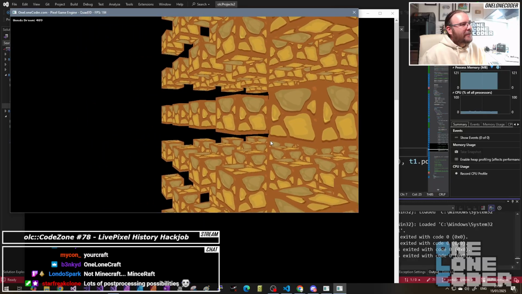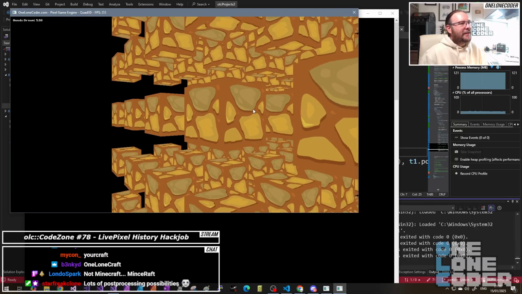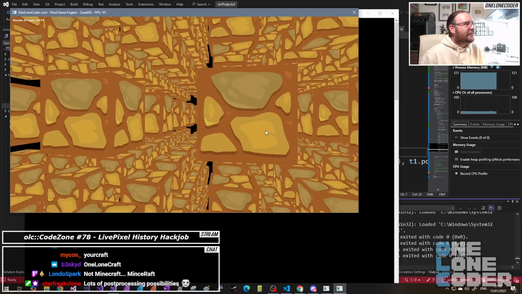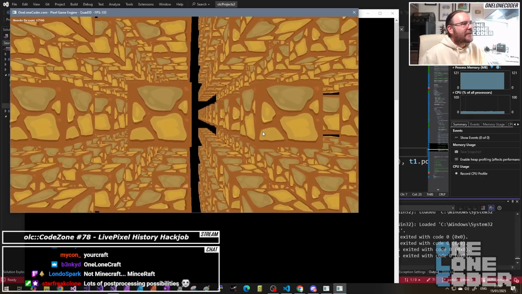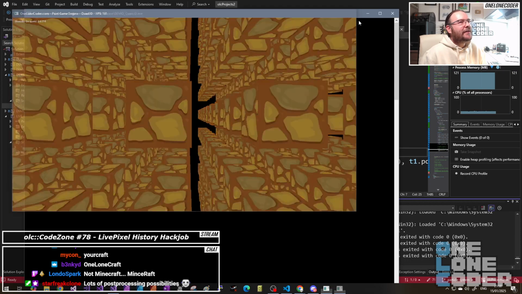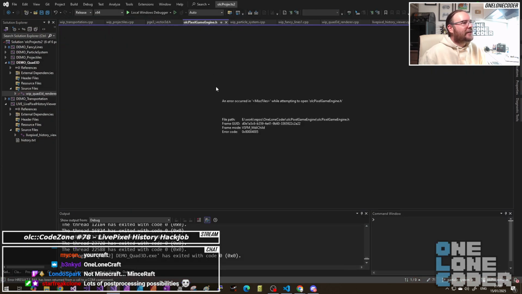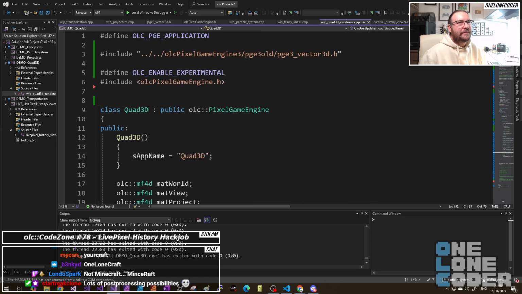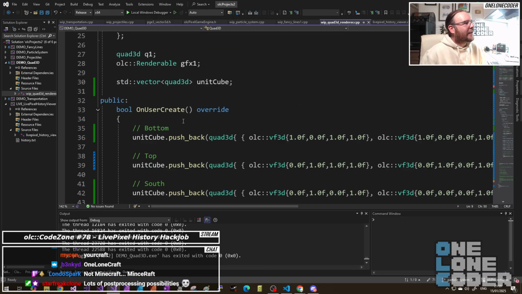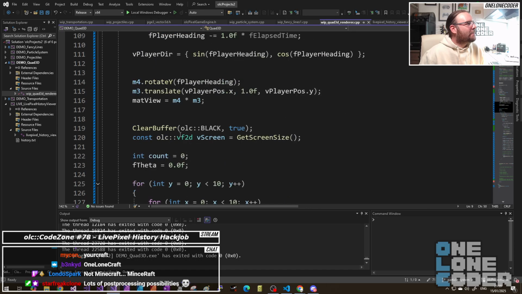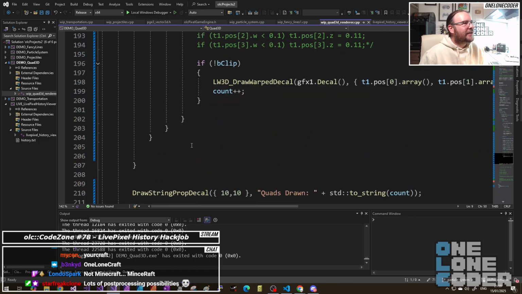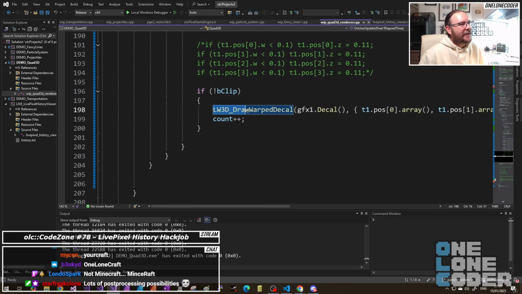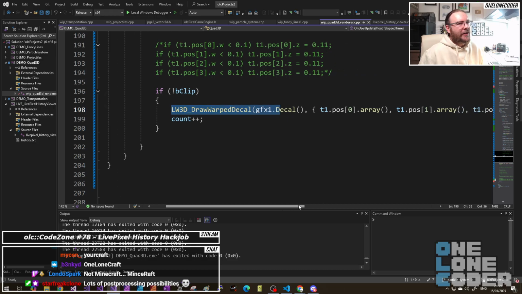Anyway, if you wanted to go and play with the decal, so the depth buffer stuff, it's actually already there in the Pixel Game Engine that's up and running. You just need to enable it. Let me show you where we enable this. It is unsupported at the moment, so keep that in mind. Hang on, there's my quad renderer. But if you enable experimental features before you include Pixel Game Engine, that does actually enable a handful of functions. That's fine. The one that we're interested in here is this lightweight 3D draw warped decal, where you pass in